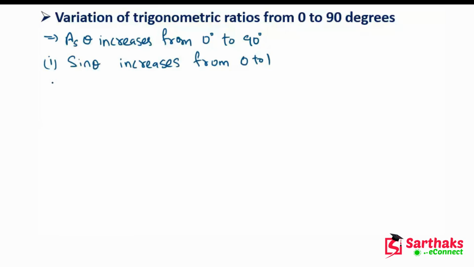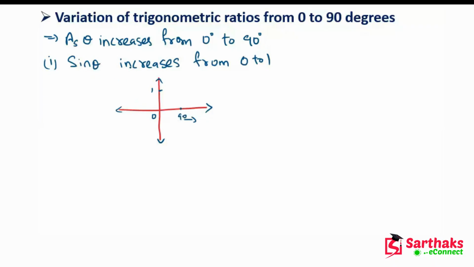Okay, how does it increase? So let's see the graph of sin theta like this. Let's suppose this is the graph and this is the rough diagram. Now on the x-axis there are angles 0, 30, 60, 90 like this. And on the y-axis there are numbers 1, 2, 3 like this. So this is 1 and this is our 90 degree.